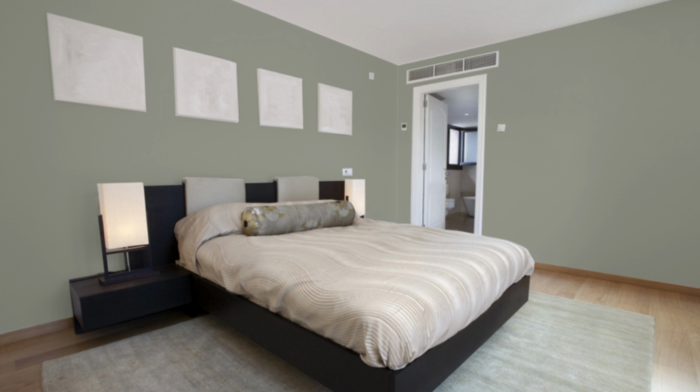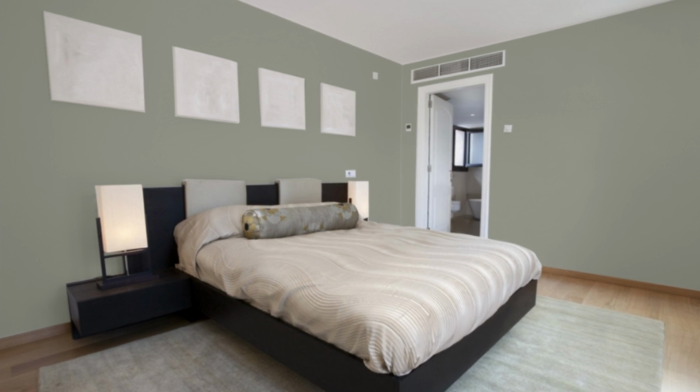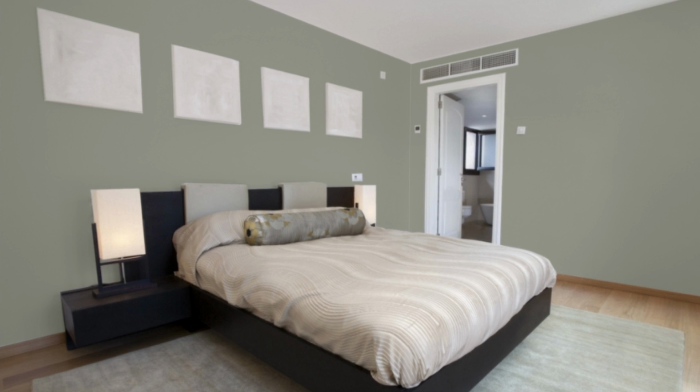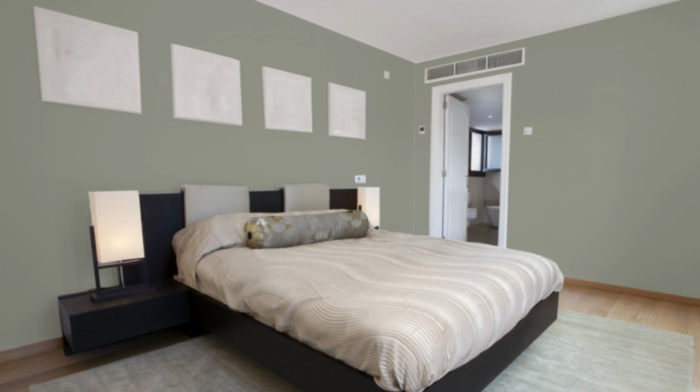Evergreen Fog is a color that was featured quite extensively in 2021 within various Pottery Barn color collections. And even though it seems like it would be closer to a mid-tone color when you look at it, it actually has a pretty low LRV of 30. And this is the light reflectance value, which lets us know how much usable light the color reflects. You could sort of see it as a loose gauge on how light or dark the color is, and 30